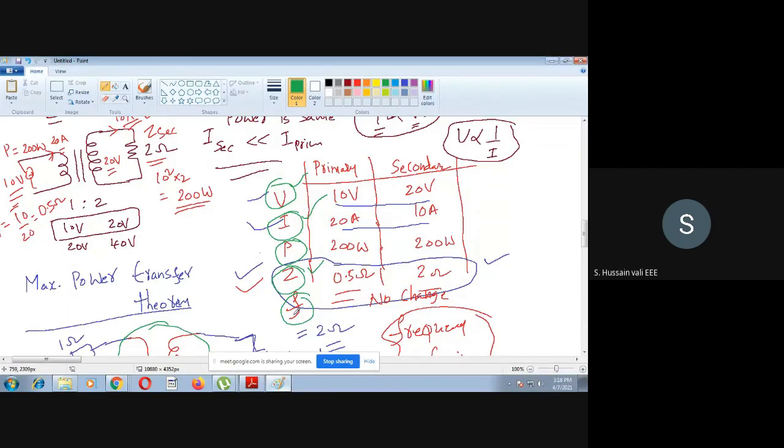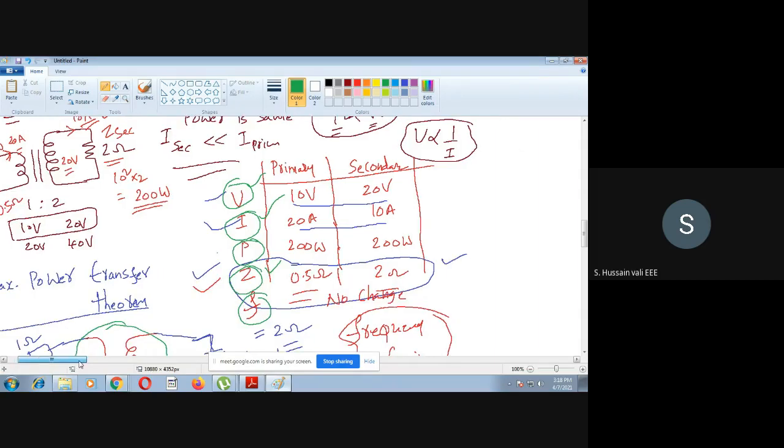This is another thing you must have. When we go through some derivations, we will know one by one what the statements we have taken are, so you will understand yourself that these statements are correct. Just remember right now that only voltage, current, and impedance change. We have seen these three cases, whereas the power and frequency don't change.